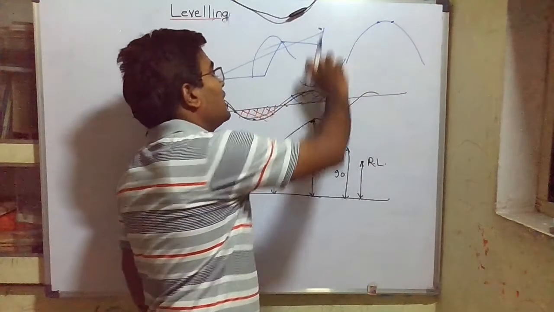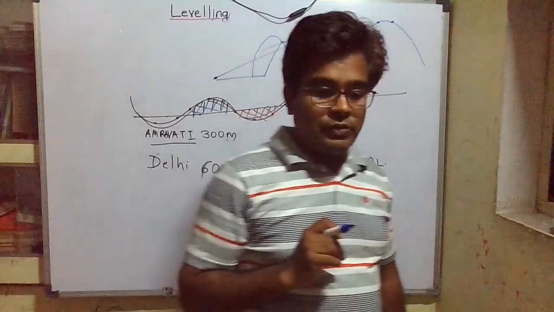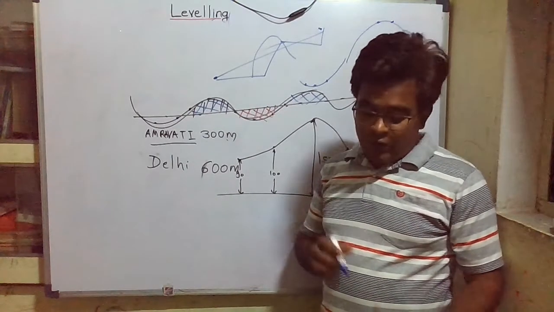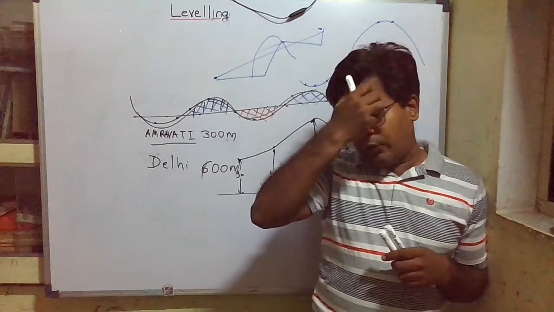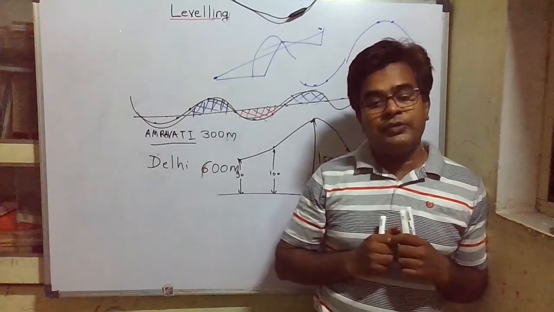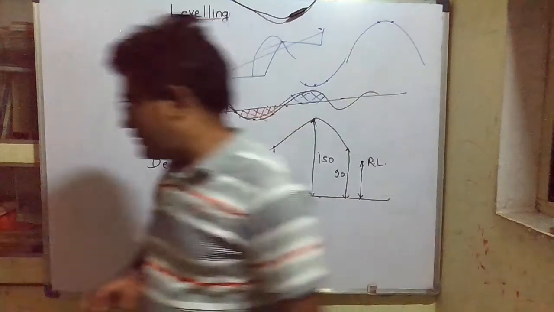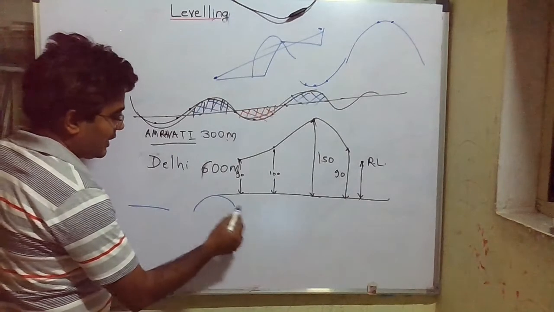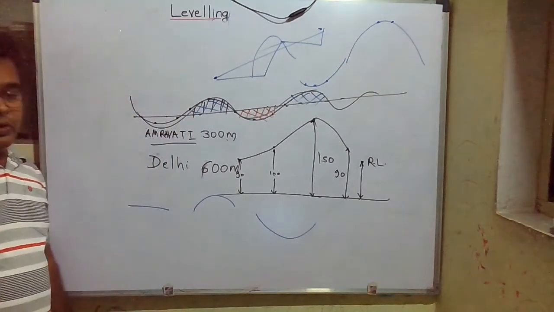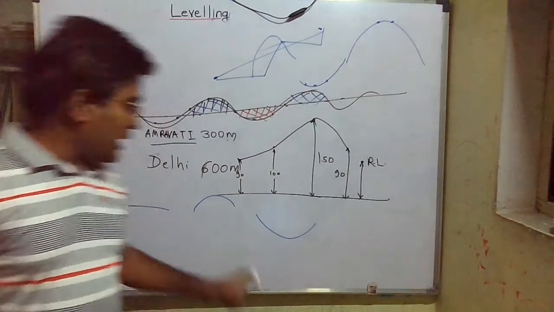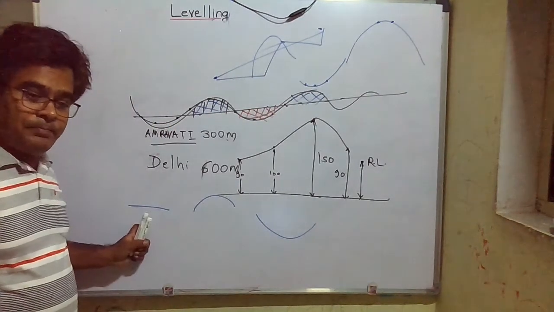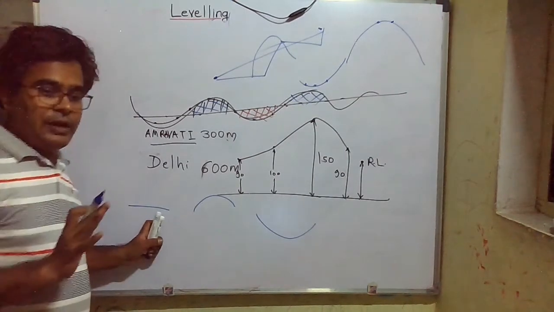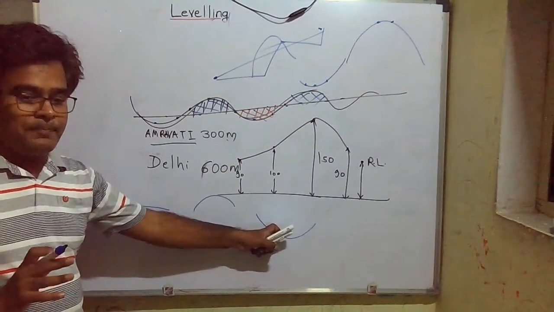And all this we can do by knowing the undulations of the ground. For that we need leveling. Again, what is the application of leveling? If we have to select any site for the construction of a dam, then how should that site be? If there are two areas, one is plain, another is hilly, and another is like a valley, which area will you select for the construction of the dam? Okay, there are many other factors, but suppose there are three locations where we can construct a dam.